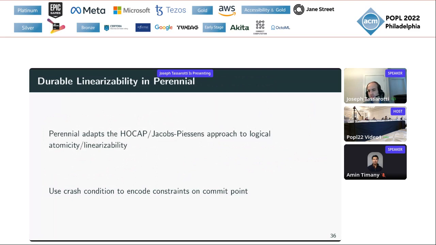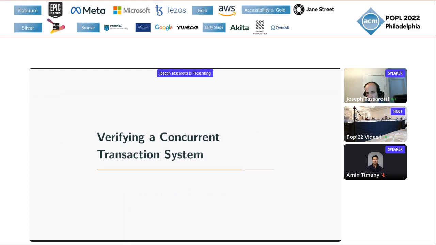And the details I can't get into, unfortunately, although I'd be happy to chat about them in Q&A or offline. But the key idea is that because we have this crash condition that we've augmented our specifications with, we're able to encode the constraints that arise for marking that the commit point has to happen at that narrower window I just specified.